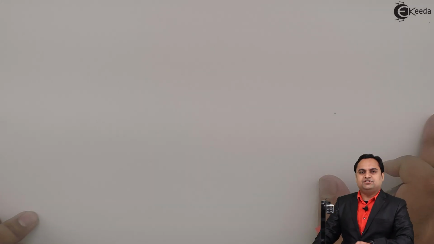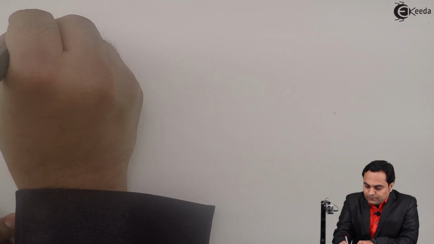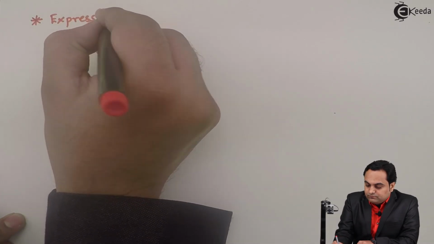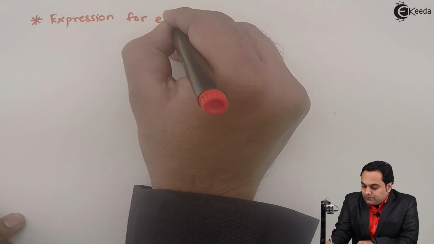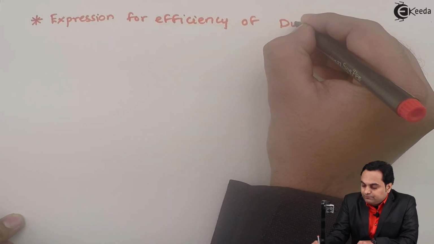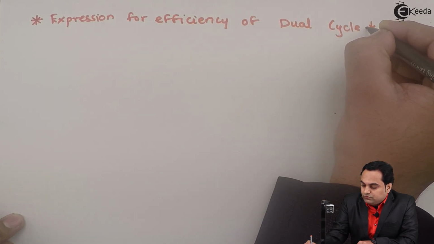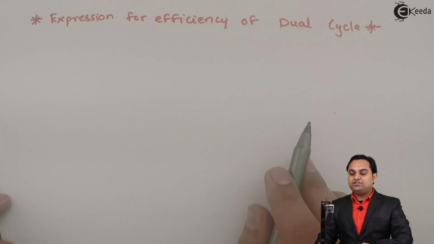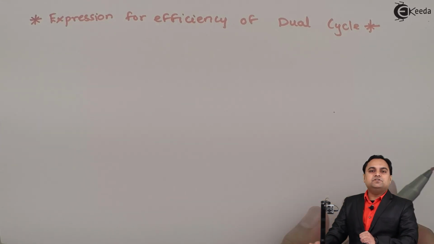Hello friends, here in this video we will see the expression for efficiency of dual cycle. That is, we are going to derive the formula for efficiency of dual cycle. So this is the expression for efficiency of dual cycle. Now again, when we are doing the efficiency of dual cycle, for that purpose we require the PV